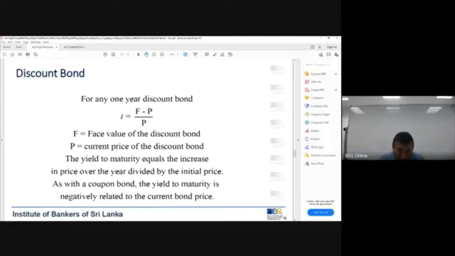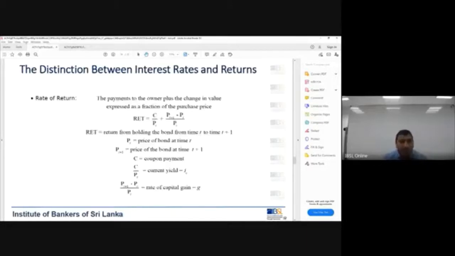But the underlying logic there is, when the interest rates decrease, the price increases. And when the interest rates increase, the price decreases. It's negatively related. So that also works for discount bonds, and discount bonds are one of the most sought after money market instruments in the form of treasury bills all around the world. So now we are coming to the point where